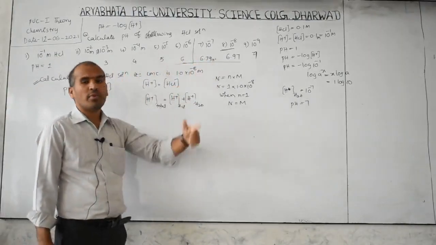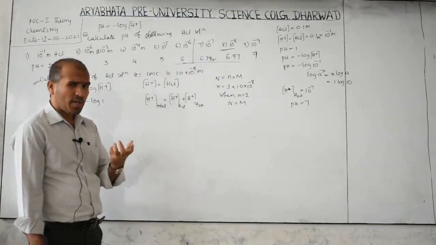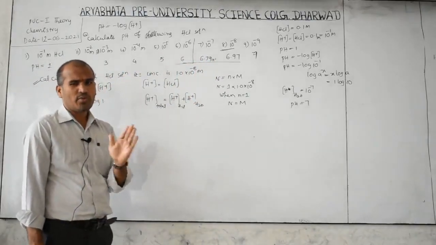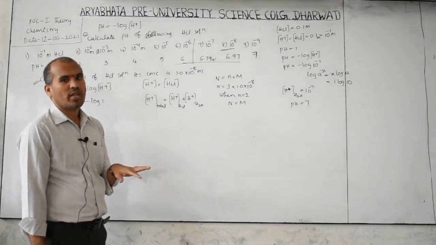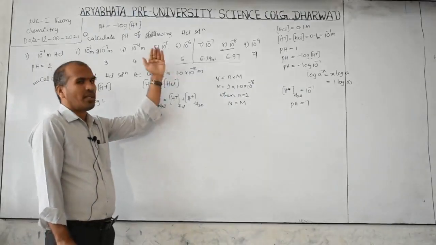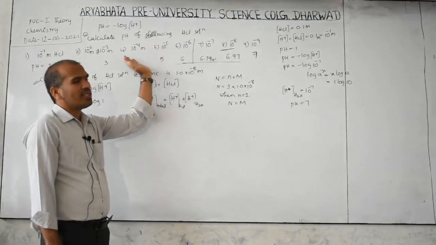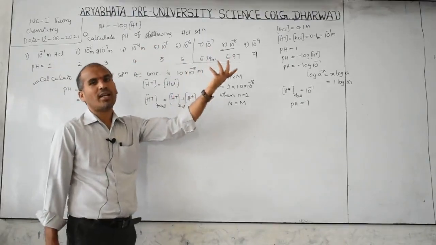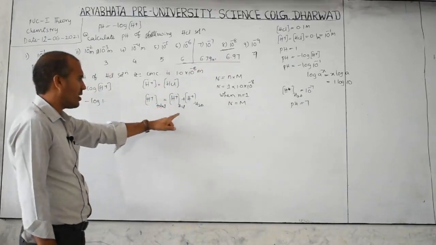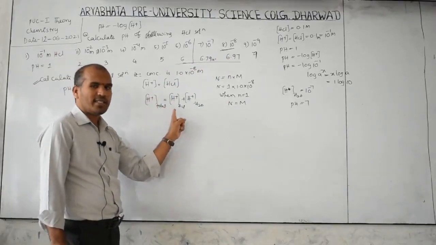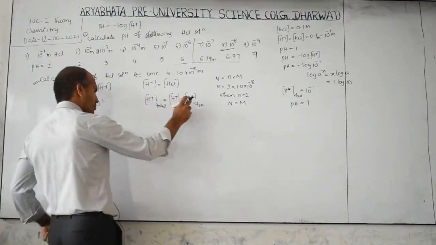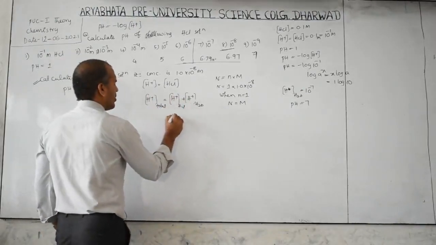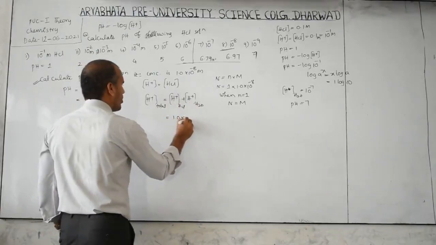But here, because already in the approximation method I told you that up to 5% we can neglect, more than 5% we cannot neglect. So here the percentage of error will come less than 5%, here more than that. Therefore we are not neglecting here. Therefore we have to consider the acid H plus and also the water H plus. Now this is 1 into 10 power minus 8.